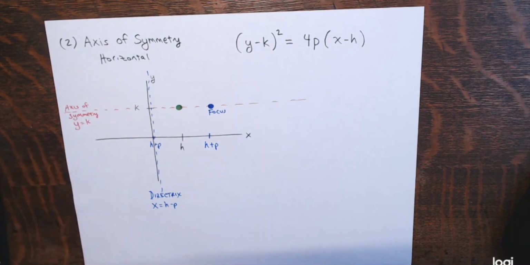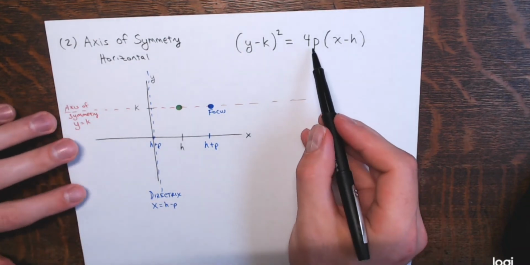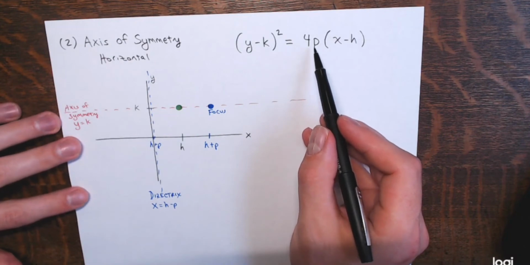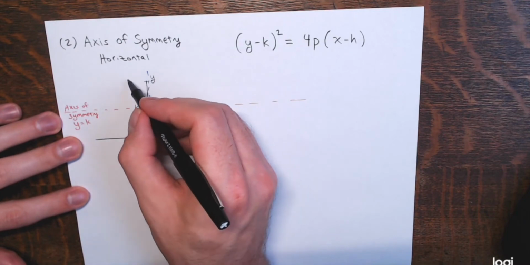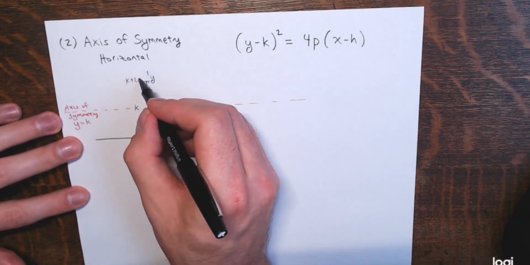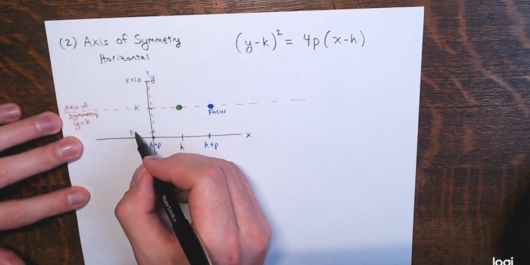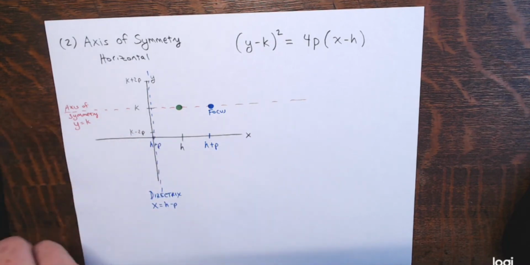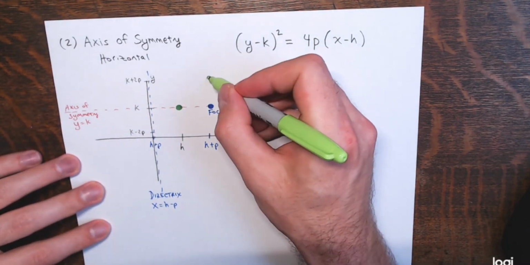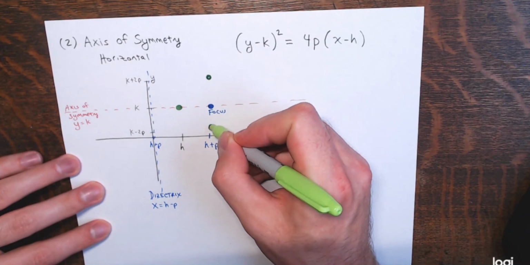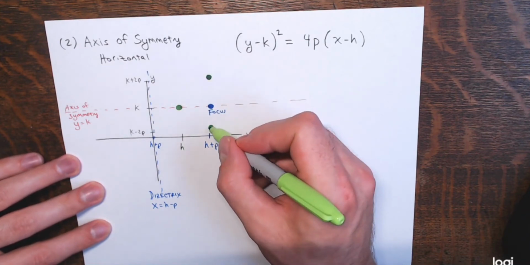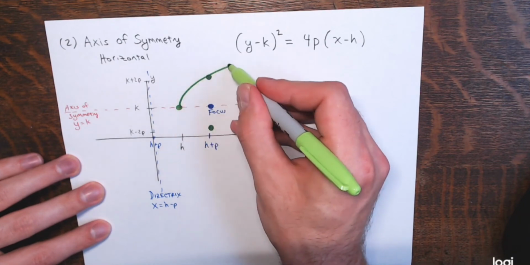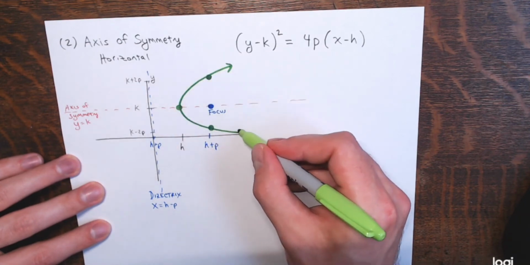And then for those ends of the latus rectum, again, the latus rectum is going to have a length of whatever the absolute value of 4p is. Then you cut that in half. So I go up 2p to k plus 2p, go down 2p to k minus 2p, and do this from the focus, and you get those ends of the latus rectum. So h plus p comma k plus 2p, h plus p comma k minus 2p, and then once you get the vertex and those ends of the latus rectum, you can draw a pretty rough sketch of the parabola